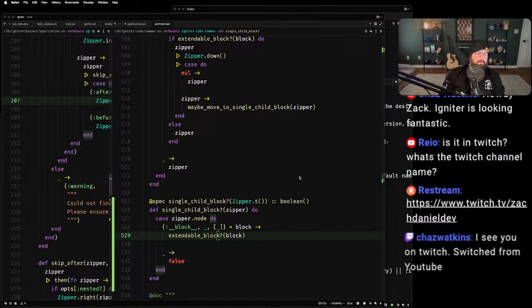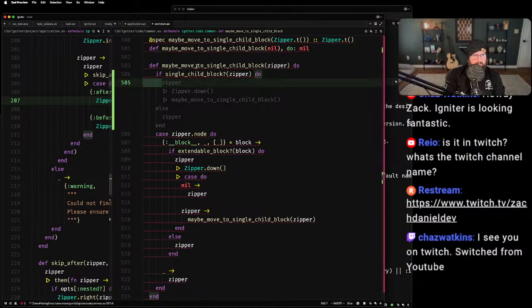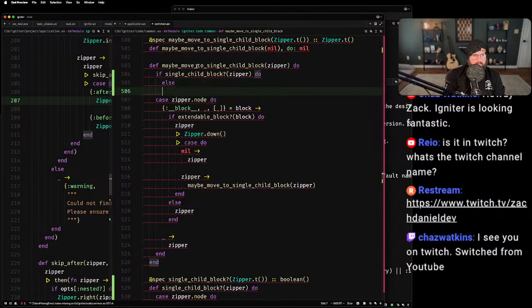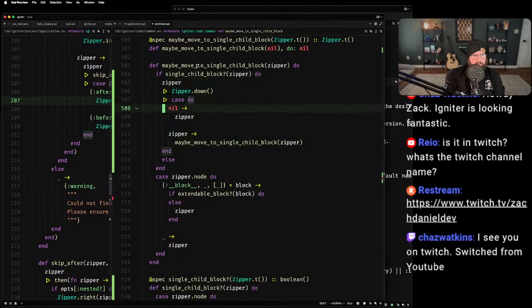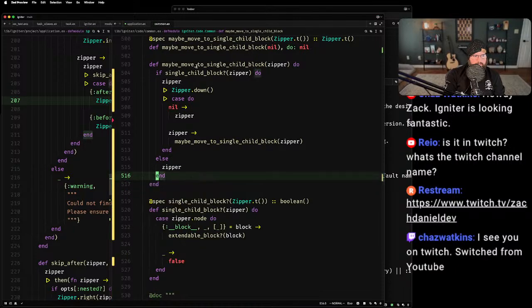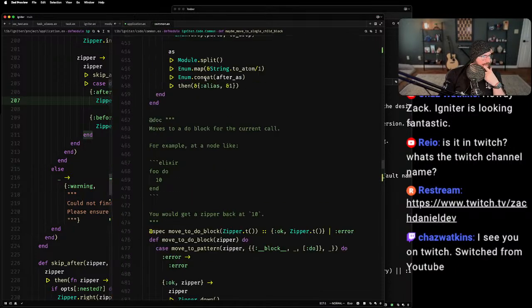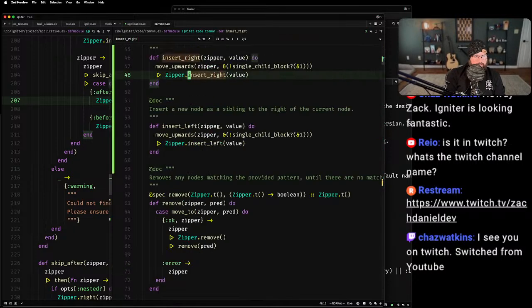Back to work. Okay. So I can also now make this a little bit better. I can say if single child block zipper do, and then I can do this stuff. Otherwise, return the zipper. So that cleans that up a little bit. All right. So now we have our insert right.